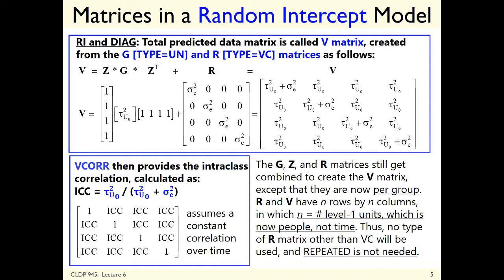So you can end up with intraclass correlations that are somewhat biased if you have a lot of people in your sample where there's only one person per group, because it will look like there's a lot more group variation, because there isn't a way to distinguish it. So yes, you can have groups with only one person in the same way that you can have people with only one occasion.